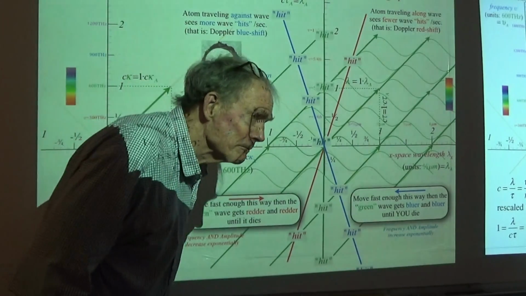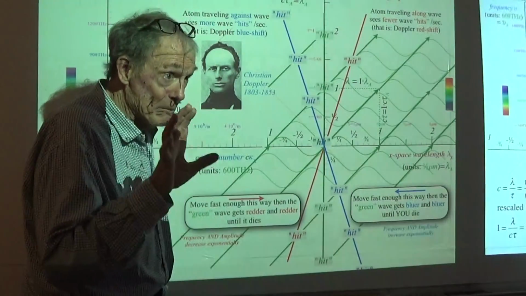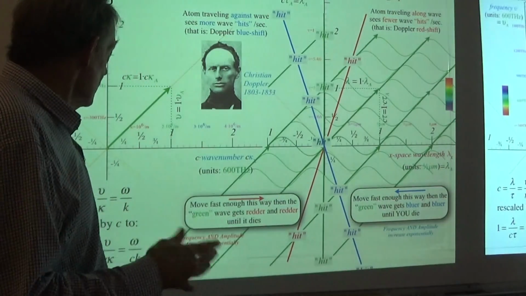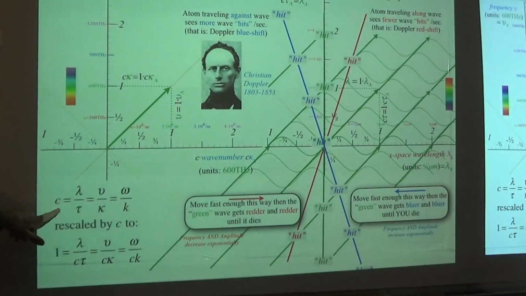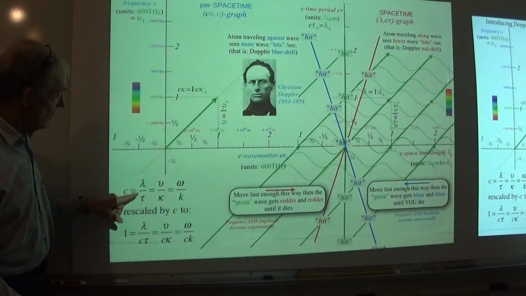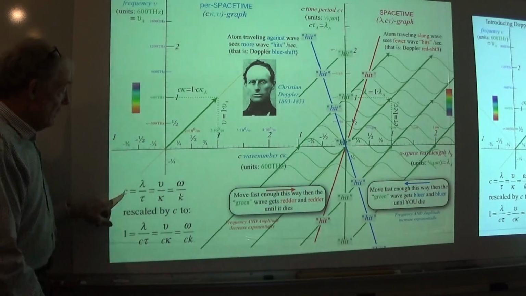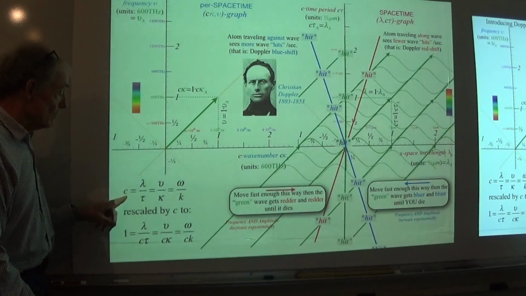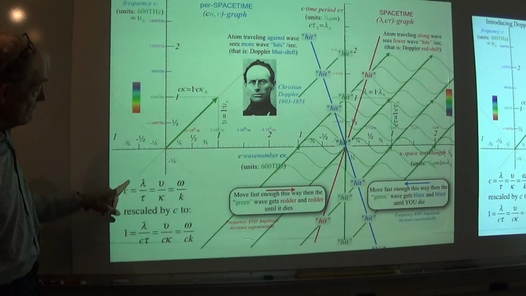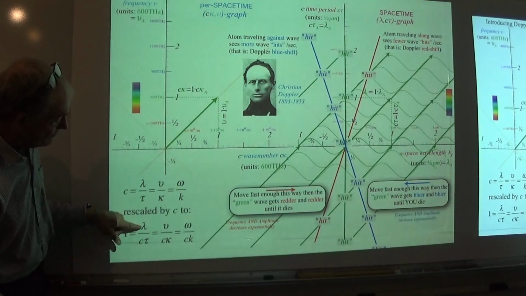Amplitude is quantized, as well as the Ks and the omegas, if you trap light. Okay? So that's what we're getting here. So there's this relation, nu over kappa, omega over k, lambda over tau. That's a c that you would use for sound, but the one we're going to be doing is the big guy. Okay? And so we're going to be rescaling, and you're going to be seeing that for a space-time diagram,